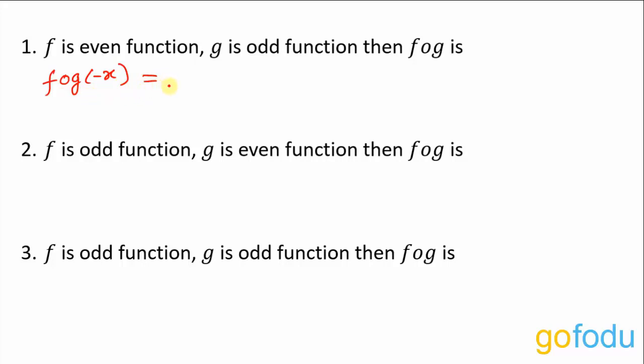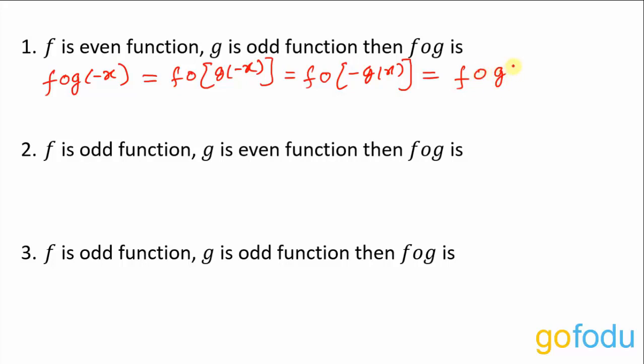So this is equal to f of g of minus x. g is an odd function, that means g will give out this minus sign. So f of minus of g of x. And f is an even function, that means this minus sign will have no effect on f. So this will be equal to f of g of x. So f of g of minus x is equal to f of g of x,